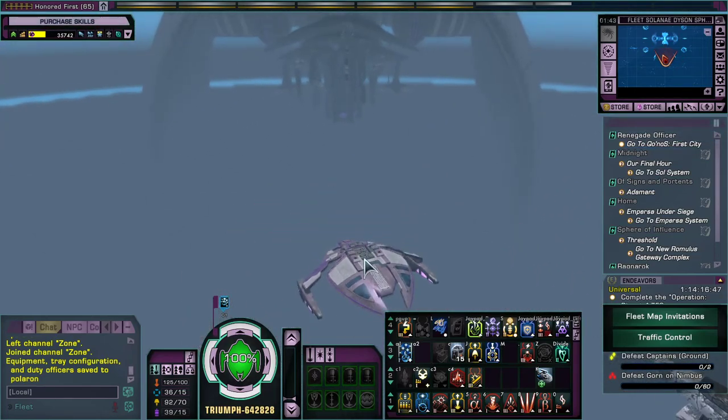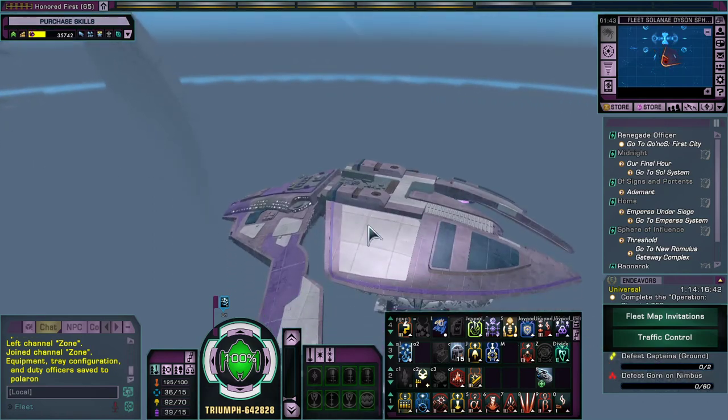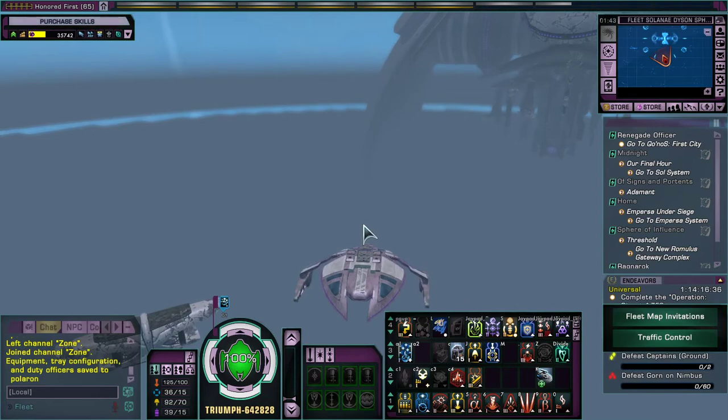This video is about the T5-U Jem'Hadar Bugship in the game. And the reason I'm doing this video is because I had advised a lot of the newer players in my fleet that one of the workarounds to quickly get yourself a better ship is just simply to go and create a free Jem'Hadar